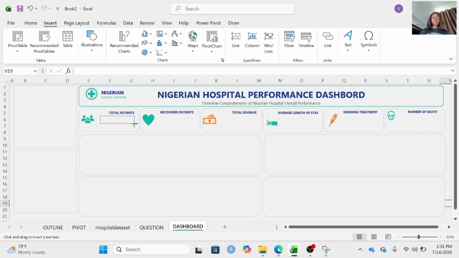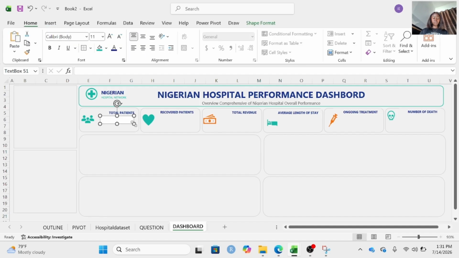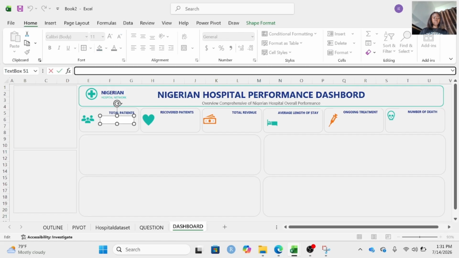For the total patients, make sure you don't type inside if you want to use formula. Then for the total patient, I will go to the formula bar, equal to,